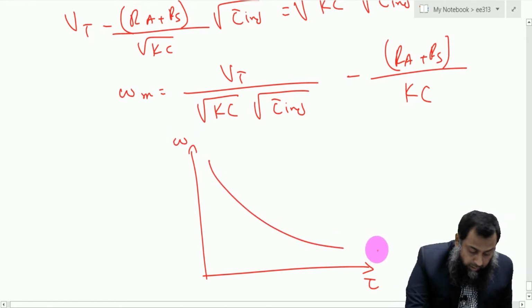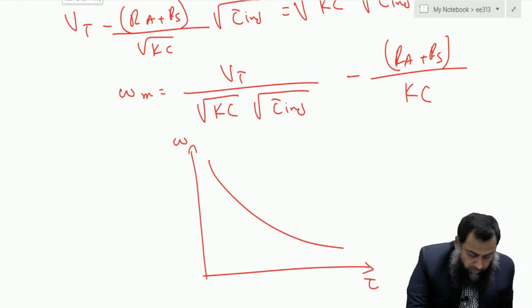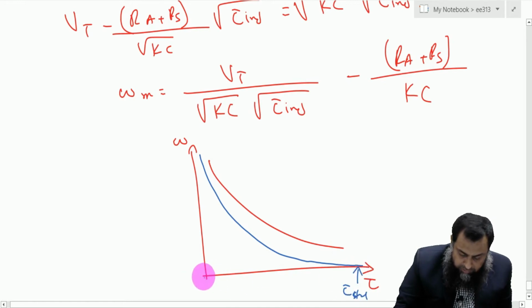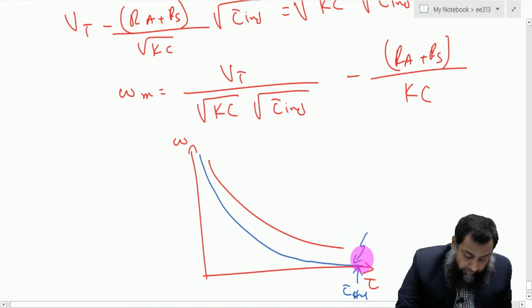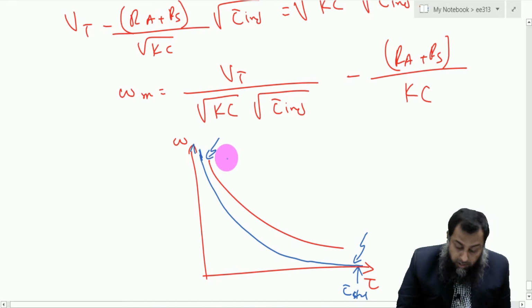And we do know that at no load, if we start the motor, then the torque is very high in the start. So this is the starting torque here. We do not have any speed here, the speed is 0. So the starting torque is very high, right? And eventually if this torque becomes close to 0, that is at no load, then this exponential curve shows that the speed can be dangerously high if this motor is operated at a no load condition.